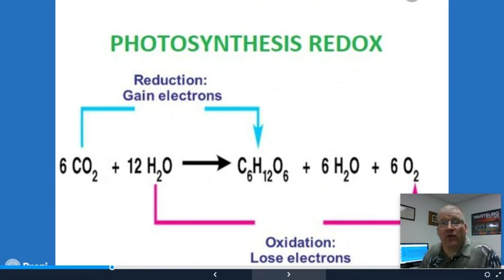Here's an example of photosynthesis, oxidation, and reduction. There's a gain in electrons here from carbon dioxide being formed into sugar or glucose, and a loss of electrons, or oxidation, here of water being split into